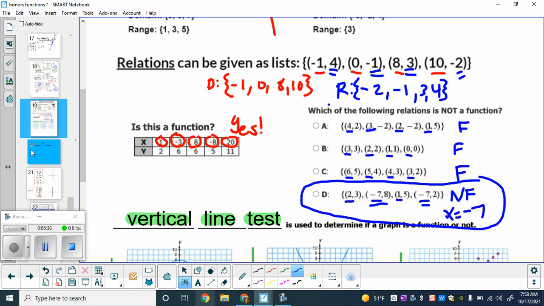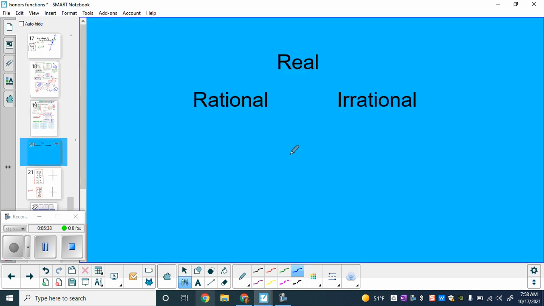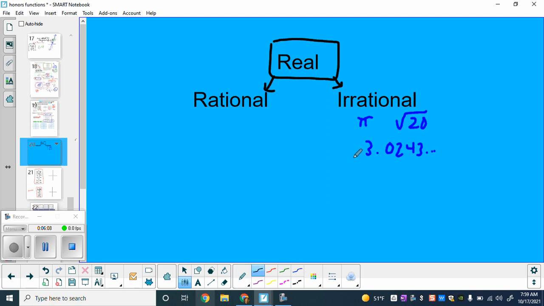Now before I go on any further, I want to remind you guys that earlier in the school year we said all numbers are real. And then for the real numbers, we broke it down and said, okay, it's either rational or irrational. You might remember that the irrational numbers were anything with pi, things that were not perfect squares, and a decimal that went on without any sort of pattern. Now this isn't in your notes, but the reason I'm reminding you of this is